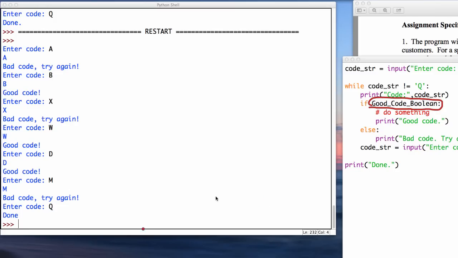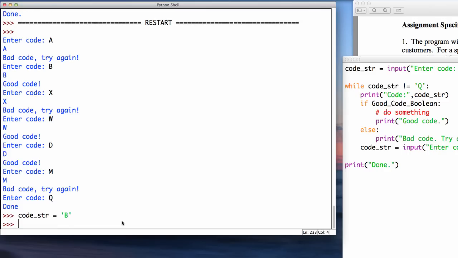Well, what I can do is move back to my shell and just set a code string to be one of our good ones. So let's have code string be assigned to be B. All right? Now we can play around with Booleans. So what would good code be? Well, one thing you might try is, code string is equal to B, and code string